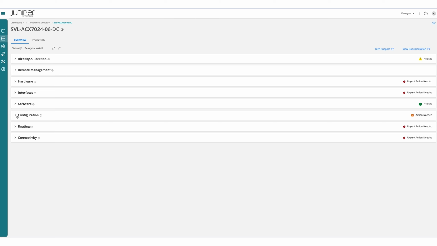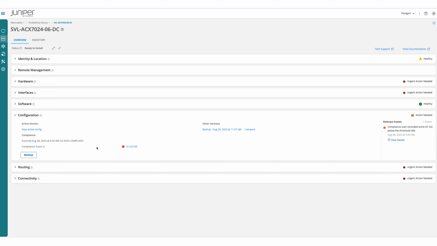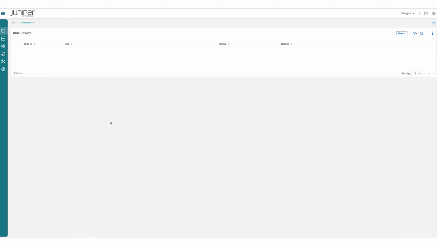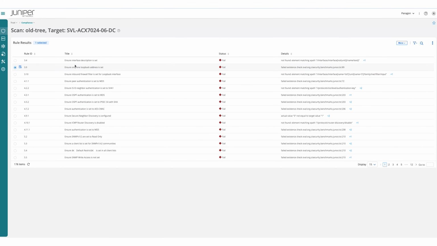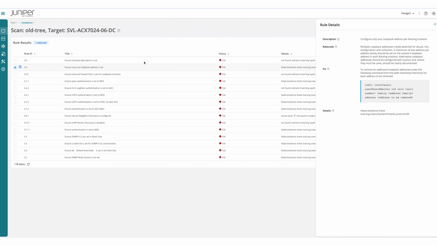By using collapsible views for each of these with indicators for health status and actions required, Paragon Automation makes it easier for the operator to focus on what matters first. The operator can drill down further into specific urgent actions that need to be taken. They can see compliance advisories and gain a view of the chassis and interfaces to visualize which physical ports and